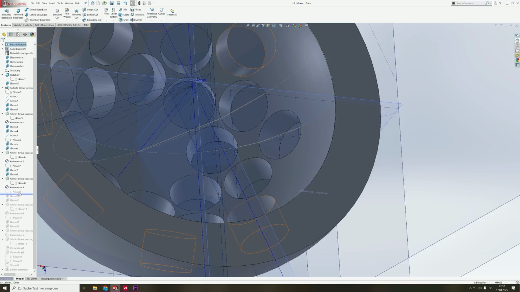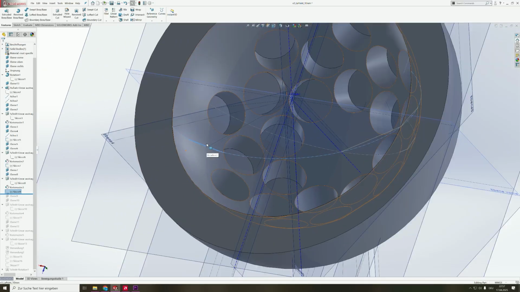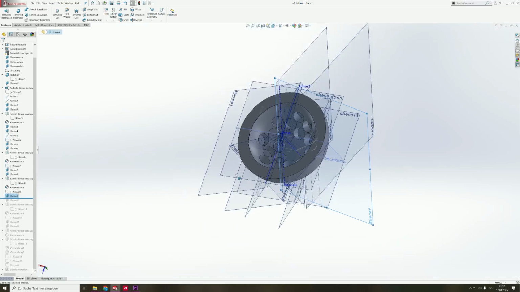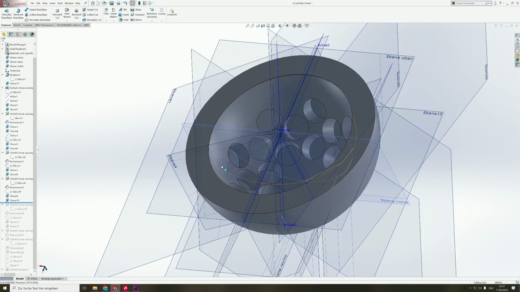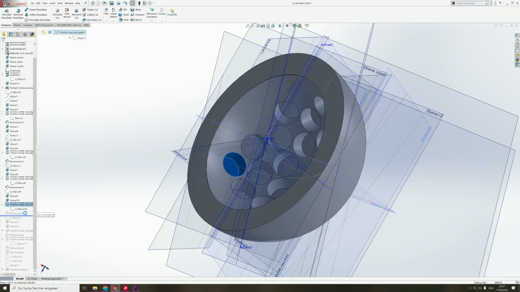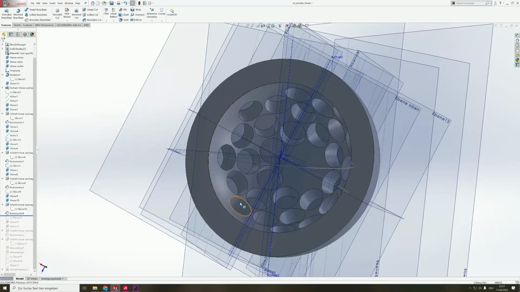And also the same goes for the next row. You will see we get another sketch. We also draw a line in here where we assume the placement for the next hole for the magnet. And again create a plane up here with the angle that we measured. Create another plane which is just offset, so it cuts the inner surface. And draw the circle on this plane that we created here. Use the extruded cut feature to cut it out, and the circular pattern to repeat it, and we get 8